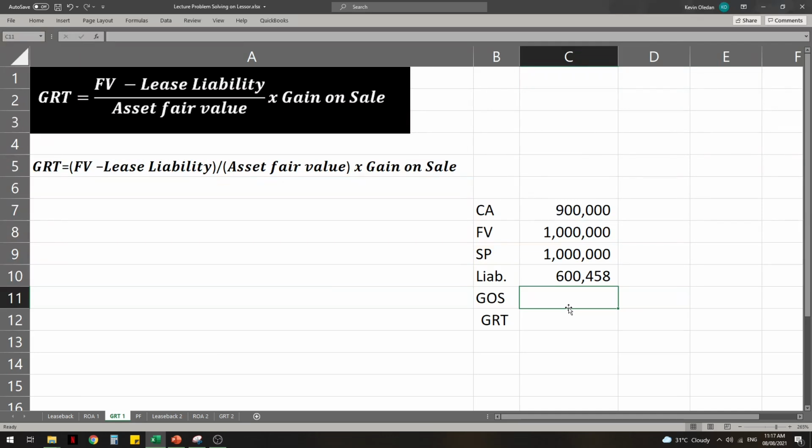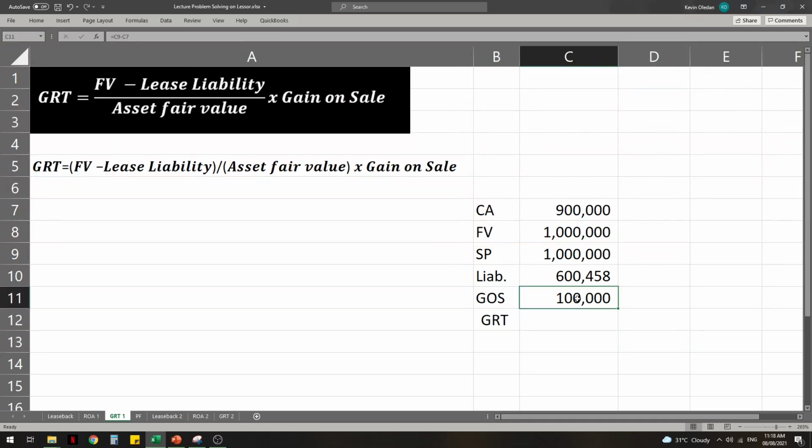Gain on sale is like an as-if scenario. What if ang transaction is an as-if sale? Paano kung ordinary sale ang nangyari? Magkano sana yung selling price minus carrying amount? Ay tawag na ito gain on sale natin. Magkano sana ang gain na marireceive or marirecognize natin kung sale lang to? Naked sale lang without the leaseback. We could have recognized 100,000 from an ordinary sale. Okay? If this was an ordinary sale.